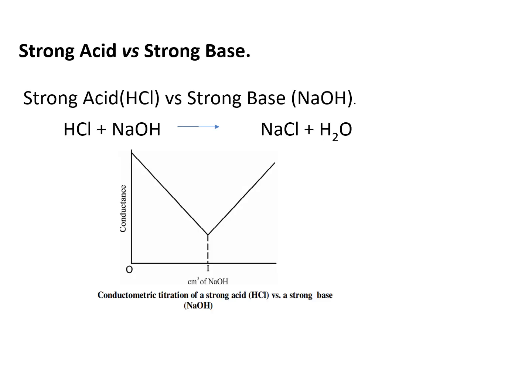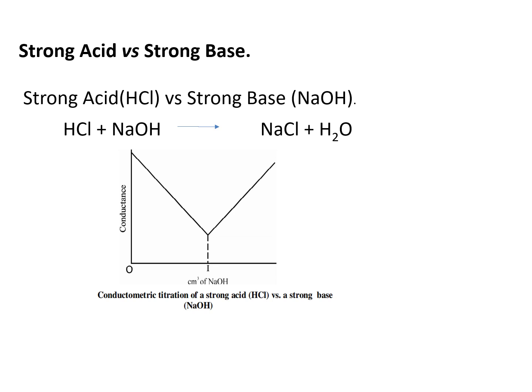Okay, now let us try to understand conductometric titrations of different acid bases. The first one, to start with, let us try to understand conductometric titration of strong acid versus strong base. And examples where we consider hydrochloric acid and sodium hydroxide.